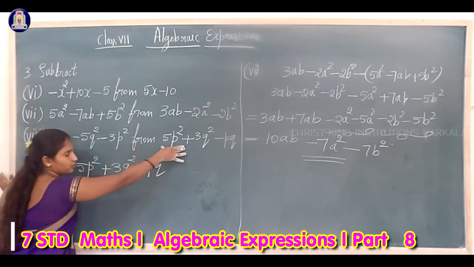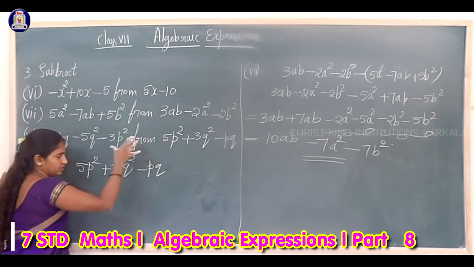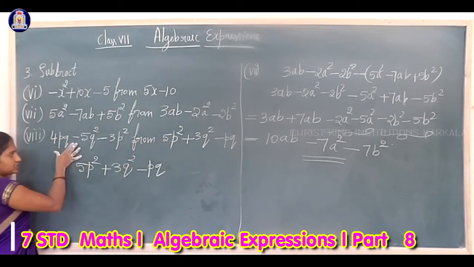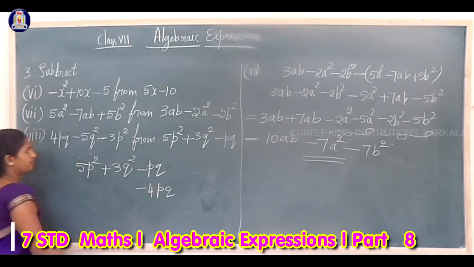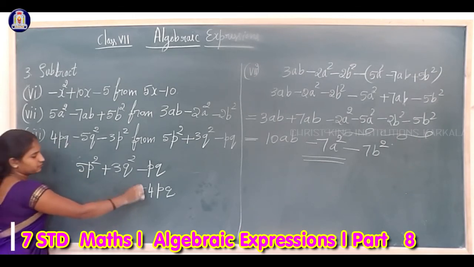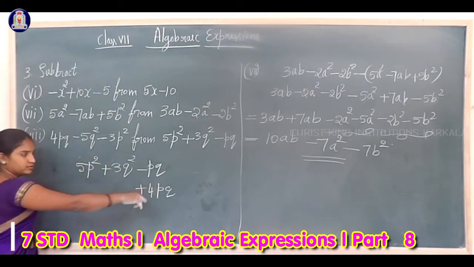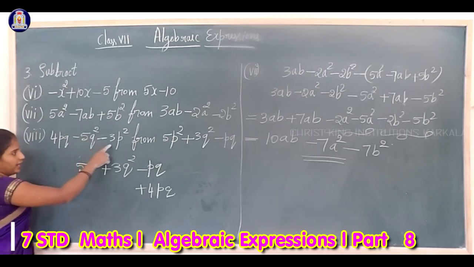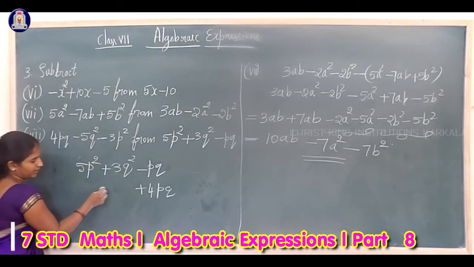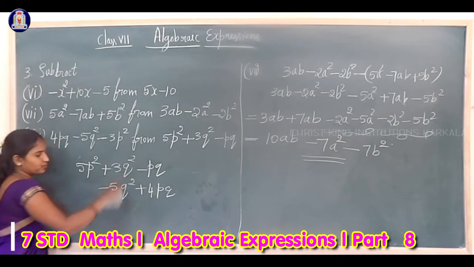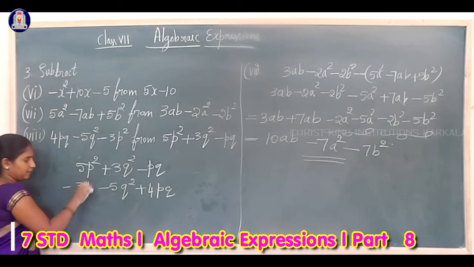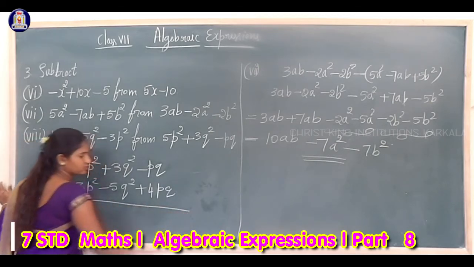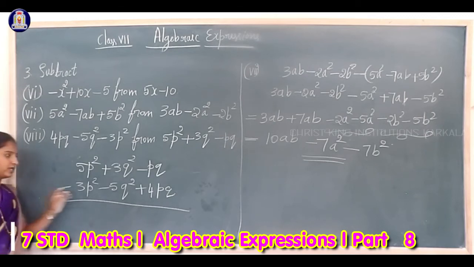So first, this you have to write. The second expression, write first. Next, write the other expression like this. 4pq, that is plus 4pq. The pq terms are the same variable, write together. And here 5q square, minus 5q square. So write q square together. And 3p square, that is minus 3p square. So write p square together. pq together, q square, p square, pq, right?